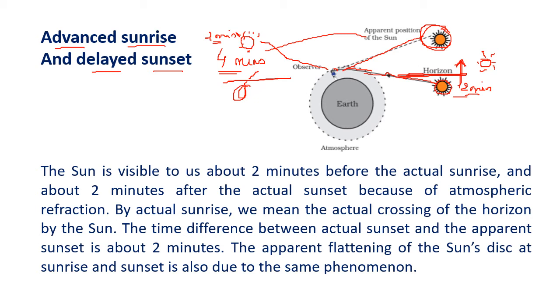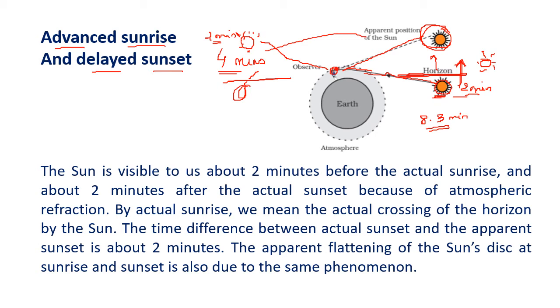Now I told you yesterday, there is also one more reason for apparent position. The sun is very far from the earth. The light of the sun takes 8.3 minutes to reach the earth. So the sun that we see was actually there 8.3 minutes before, because by the time the light reaches our eye, the sun has already moved. But that timing we keep for a different purpose.